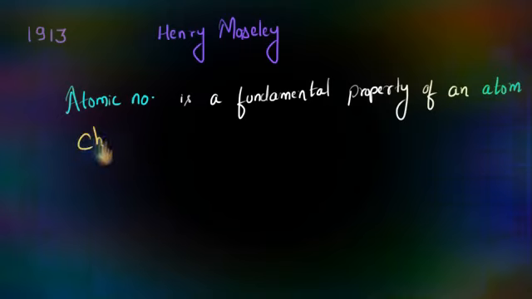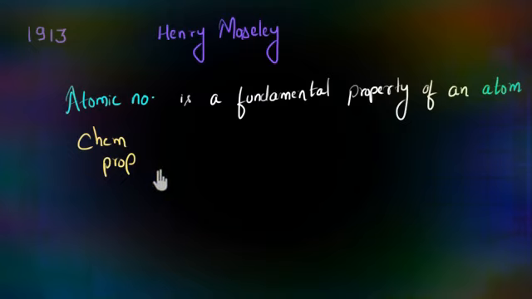See, by chemical property, I basically mean how the atom is going to react in a chemical reaction, right? And by now we know that in a chemical reaction, atoms just exchange electrons. That's all that happens in a chemical reaction. Different atoms come together and exchange some electrons: gain, lose, or share electrons.